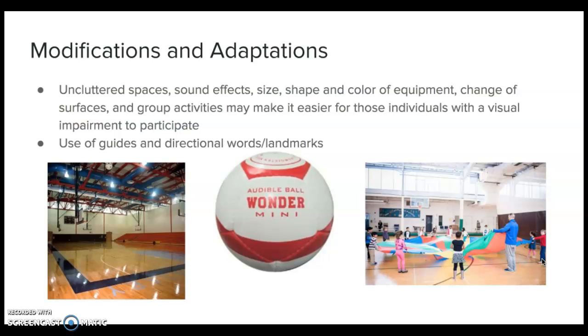The shape and the color of equipment is also super important. Like I mentioned in the last slide, contrast is difficult for some people with visual impairments. So, bright yellow, white, those are colors that are easily made out by people with visual impairments, especially with blurred vision. They're kind of easy to see. So, that's something to take into account when you are running a phys ed program.